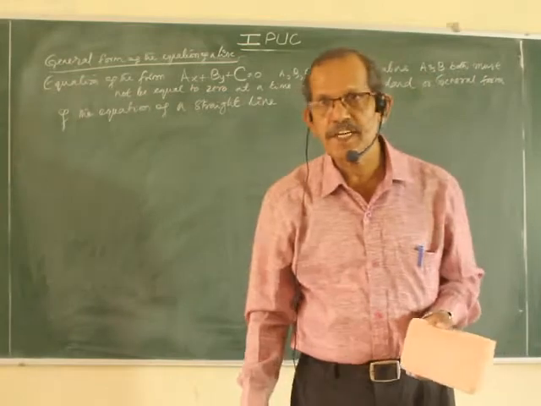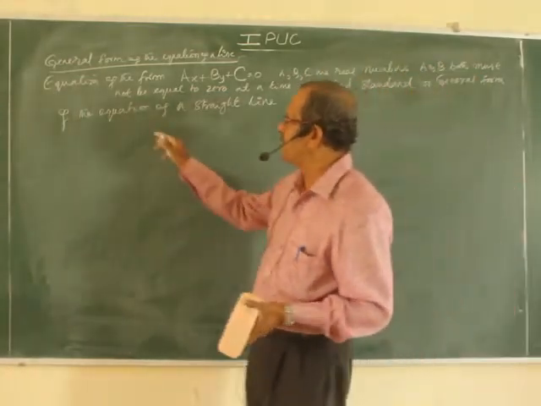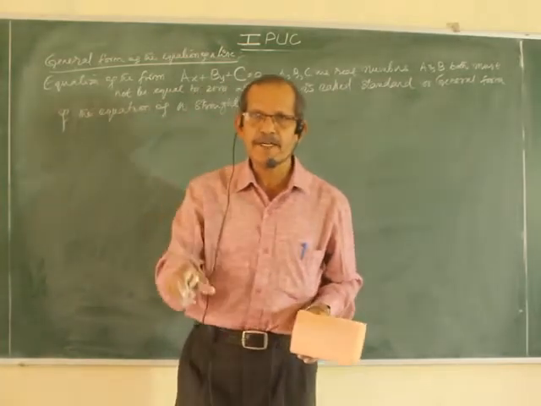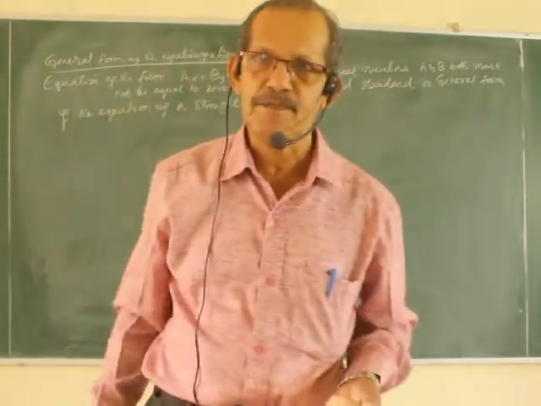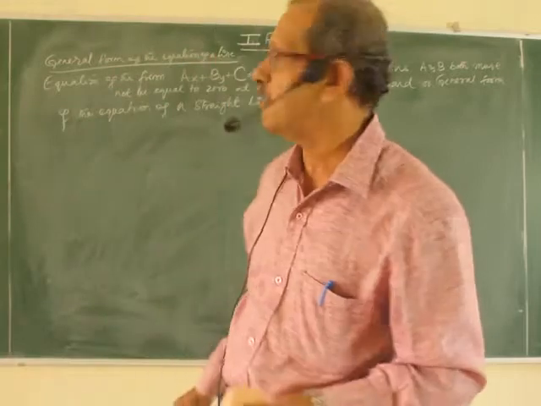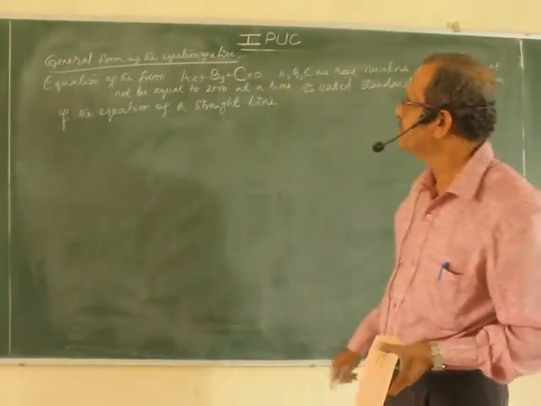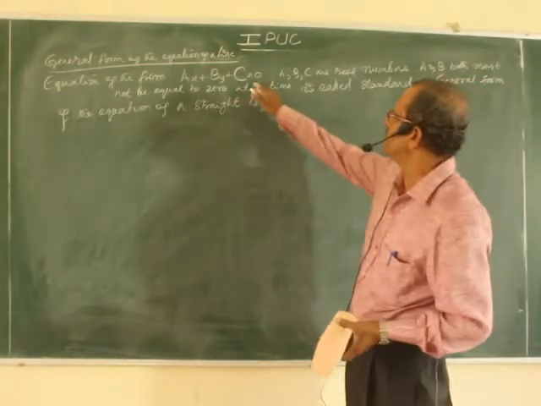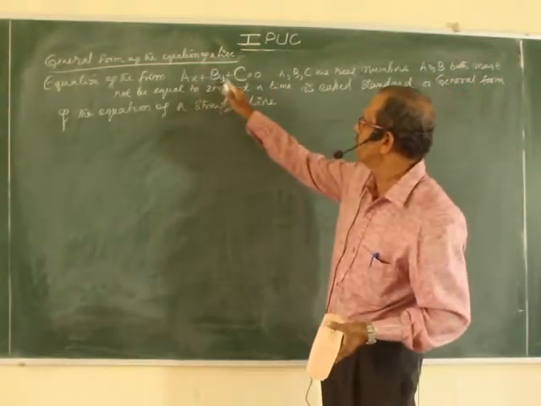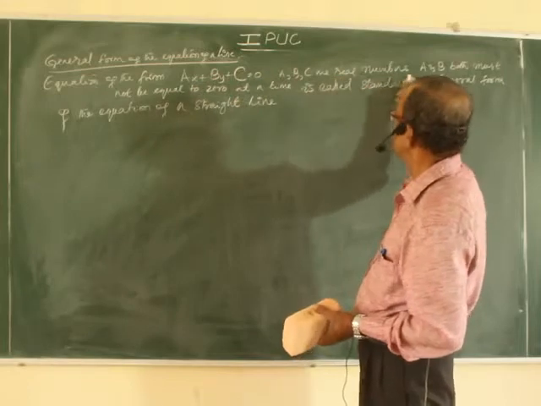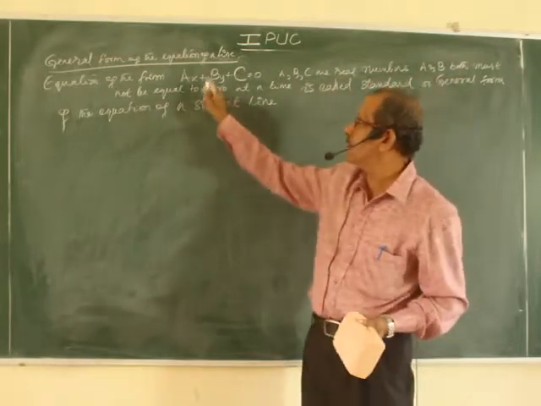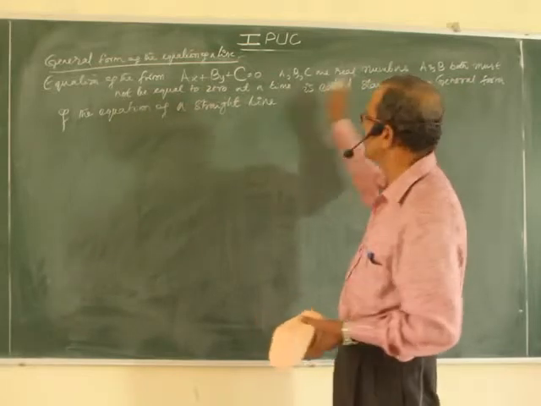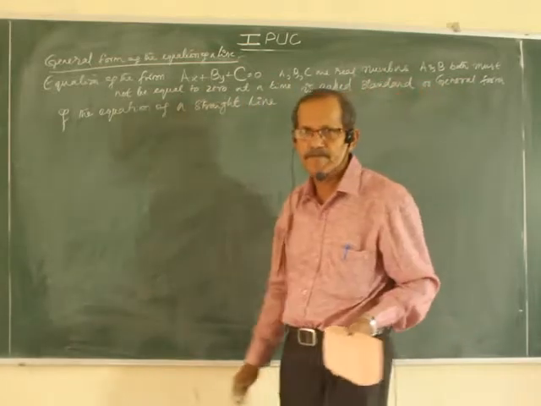That is why in all the 6 formulas, I write the equation in the final stage as x term, y term, constant, right hand side 0, because it is called standard form, general form. Equation of the form ax plus by plus c equal to 0, where a, b, c are real numbers and a and b cannot both be 0 at a time, is called a standard or general form of the equation of a straight line.